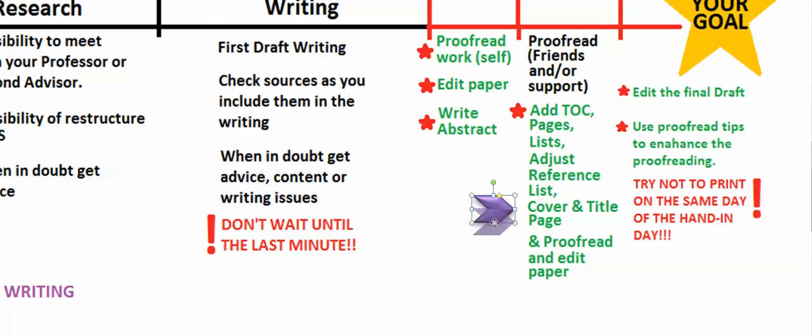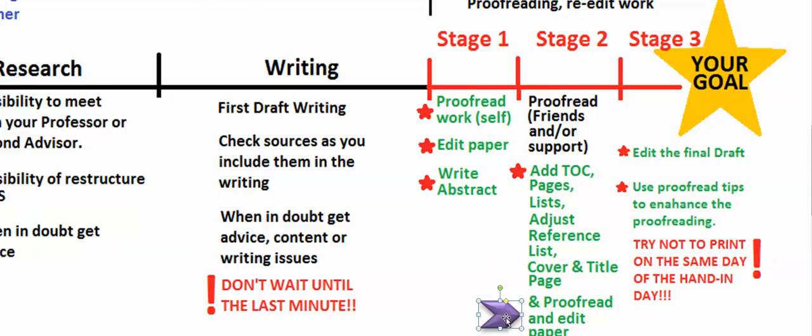And again, once you're done and you're still waiting for feedback from your friends or from me, proofread your work again. You have to proofread at least 5 to 8 times, not just once or twice, because if you have good writing experience, you know that sometimes you do miss out some words or some ideas initially. So proofread and re-edit your paper again.